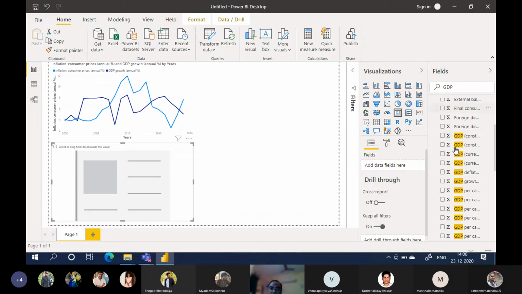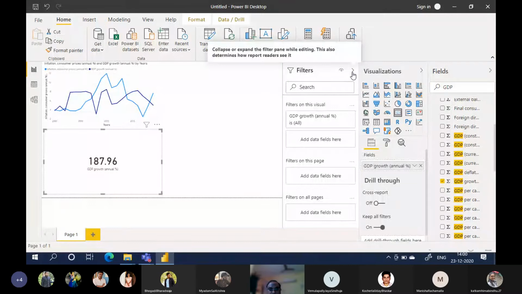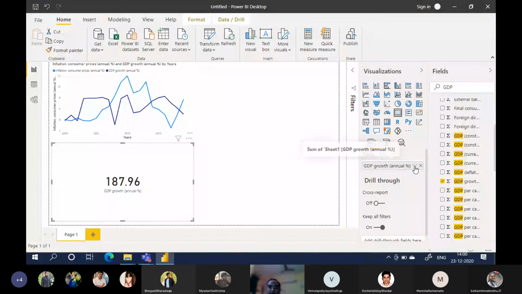Right? Now we will drag GDP growth annual here. All of you dragged, all of you found the card.